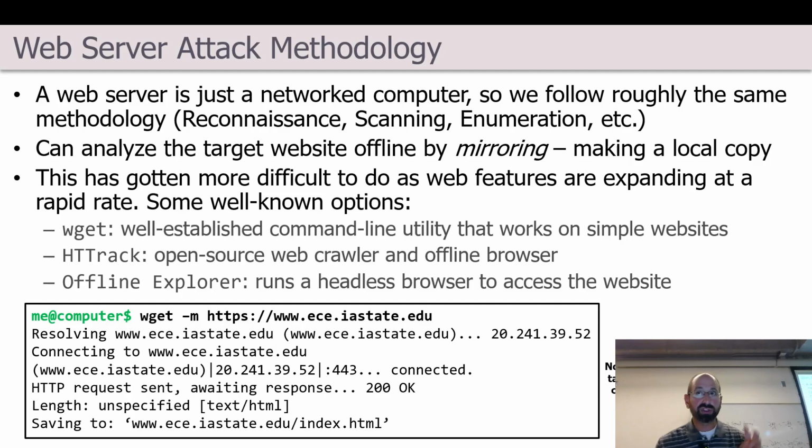In terms of attacking the server itself, I mentioned this last week, but just to reiterate, a web server is just a networked computer like anything else we've been interested in. It is a computer connected to a network, running a service, opening up a particular port to run that service. So really, in terms of attacking a web server, at least in the conceptual phase, it doesn't need to follow any different methodology than what we've already been covering. So reconnaissance, scanning, and enumeration,